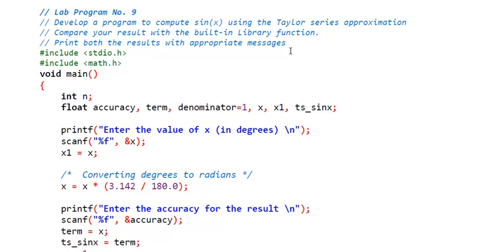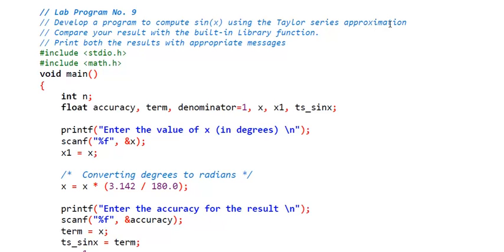So the first thing that we are going to do in this program is compute sine of angle x. So we are going to find the sine value of a particular angle x. Already you know sine of 30 degree, sine of 0 degree, sine of 90 degree. Similarly, sine of any value x. X can be any value, it is the user given value, given in degrees, and we are going to compute, means calculate, the sine of that particular angle using the Taylor series approximation.